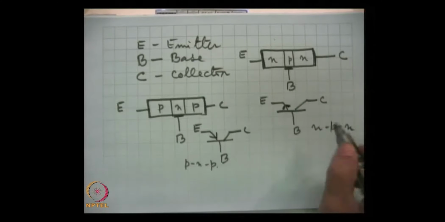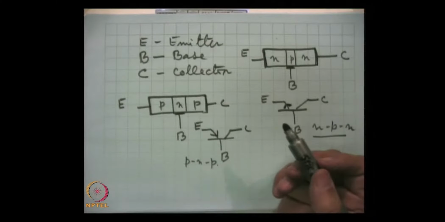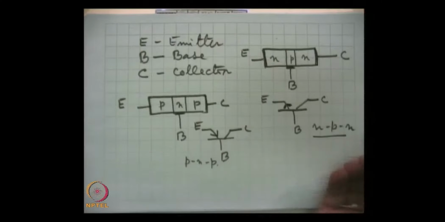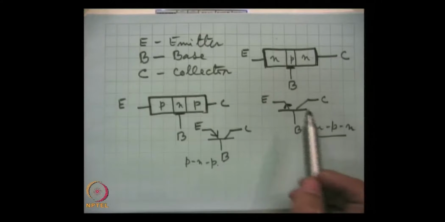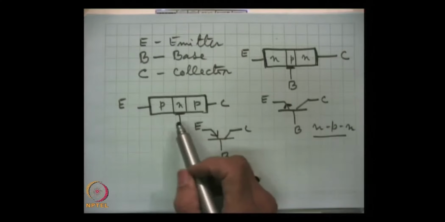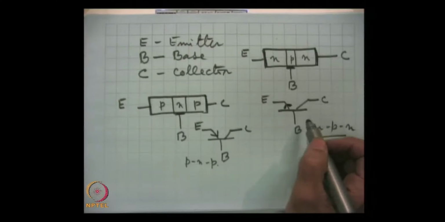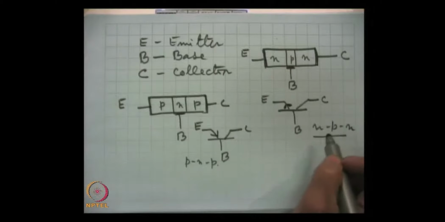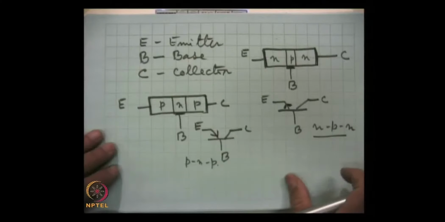Because when we talk of the physics of the transistor, we can talk in terms of PNP or in terms of NPN, and it is one and the same thing. Here in NPN, when we talk of the role of electrons, that is to be replaced by the role of holes when we talk of a PNP transistor. So, remember that we will confine our discussion mostly to NPN transistors. And now let us see first some construction aspects.